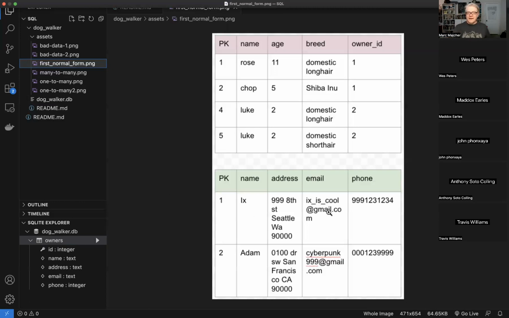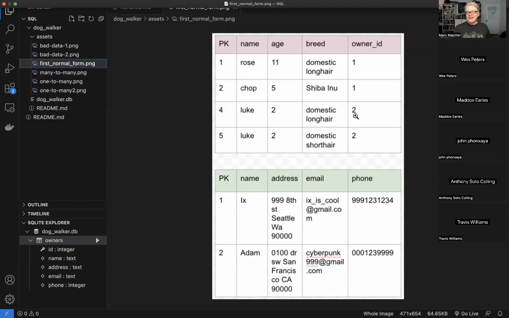But each of the owners has their own row, and this PK is the ID that we can use to hook up to our pets here. So it feels a little backwards sometimes when we have our owner IDs, we have our pets. We have to think about it in a certain way. We might think, oh, our owners own pets, which is true.